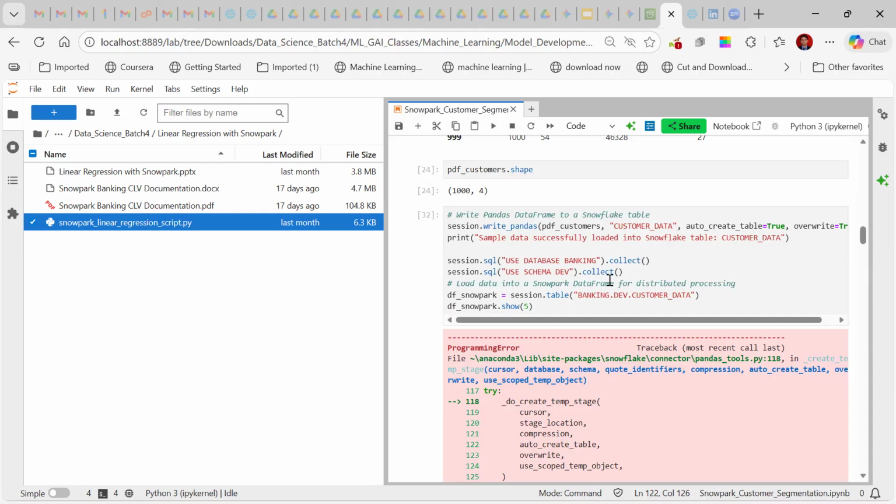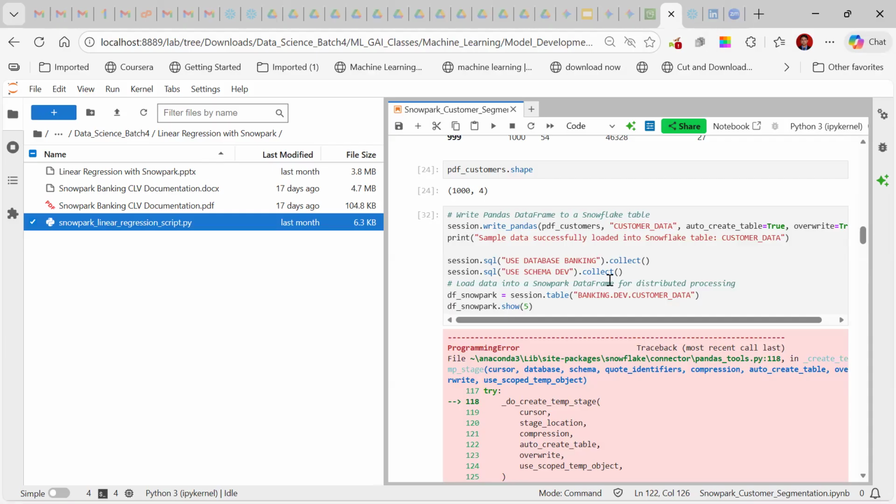Let me check this error, one minute. Session dot... Maybe I think you need to pass that write underscore pandas, right?